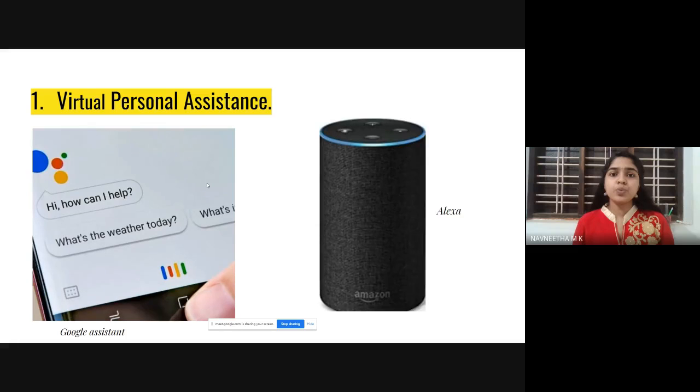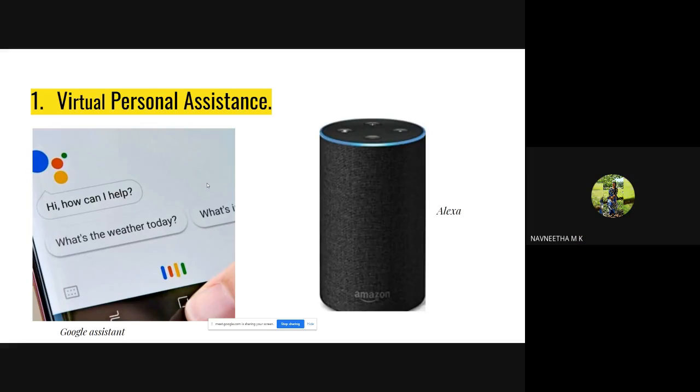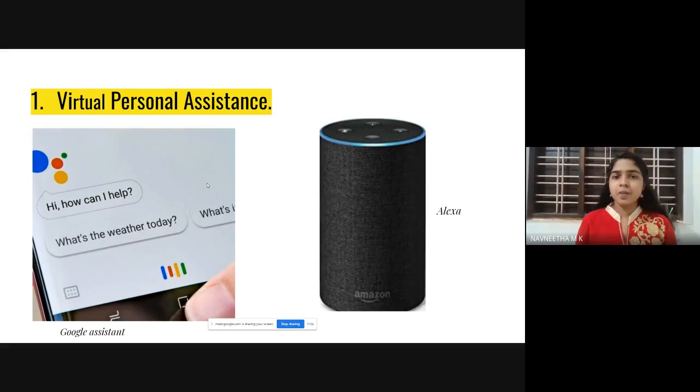Then we get the required output. We have all noticed that these personal assistants do not work without an internet connection. What is the reason? Because without an internet connection, the server cannot be contacted. Without server connection, it does not work. Okay, is it okay? Yes.